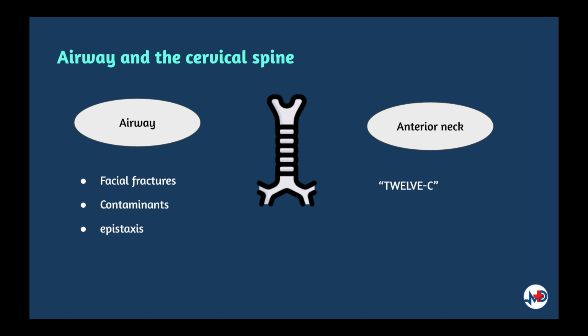The airway doctor is typically responsible for assessing the airway, the anterior neck, and the GCS. Their goal is to ensure and maintain a patent airway through which the patient can be successfully oxygenated. When assessing the airway, start with evidence of facial fractures, contaminants such as blood, vomit, or teeth in the mouth or airway, and epistaxis. Where the patient has suffered a burn, the airway doctor should look in particular for singeing